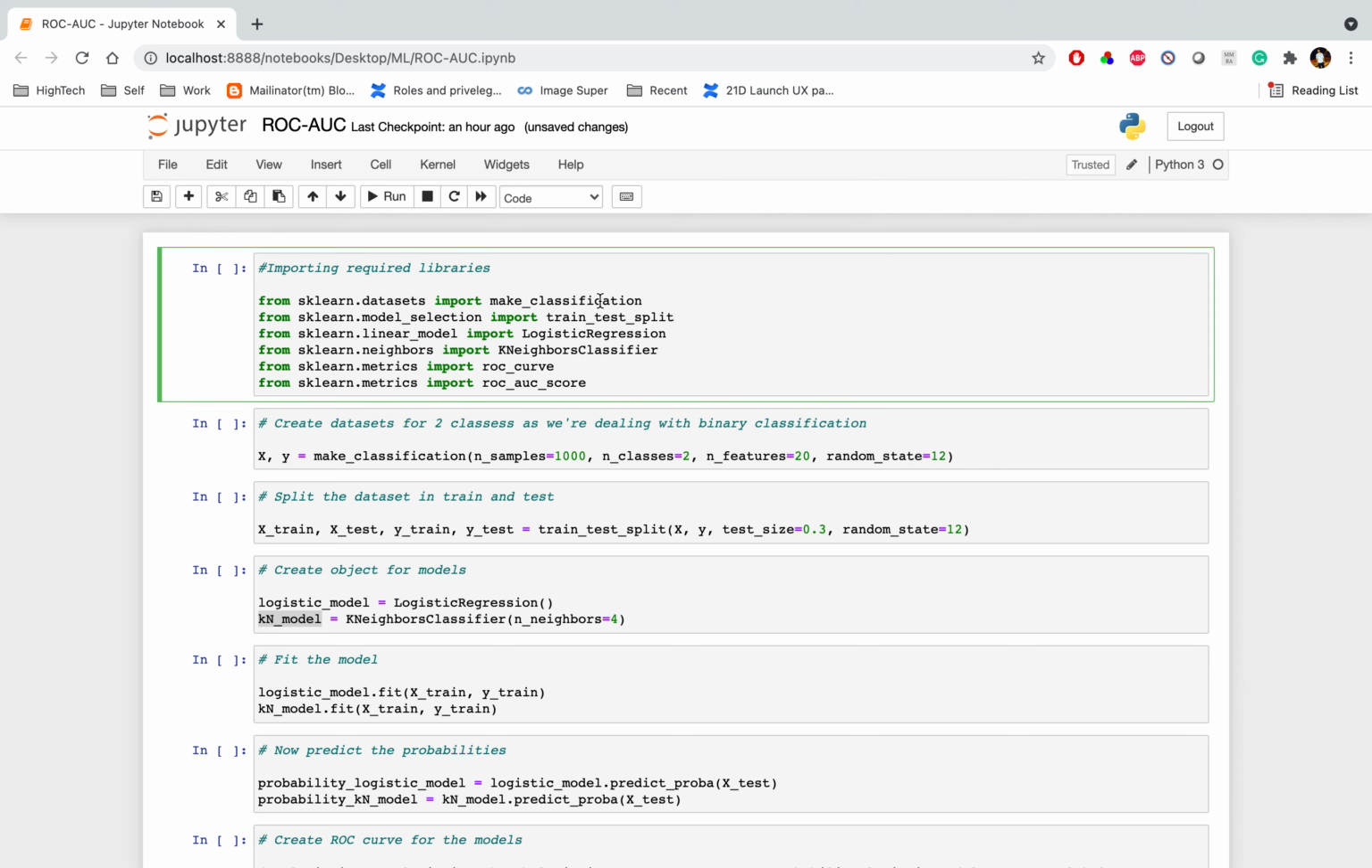So first let me import the required libraries. So guys, here I'm importing make_classification. If you are not sure what that means, this function generates random classes, n number of classes. Because here I don't have any data set, I'm just using make_classification for generating the classes, because this is the ROC AUC curve for binary classification, and binary classification means only